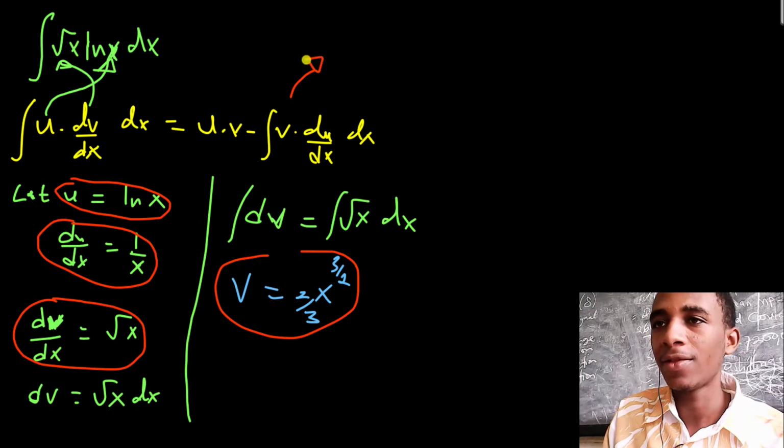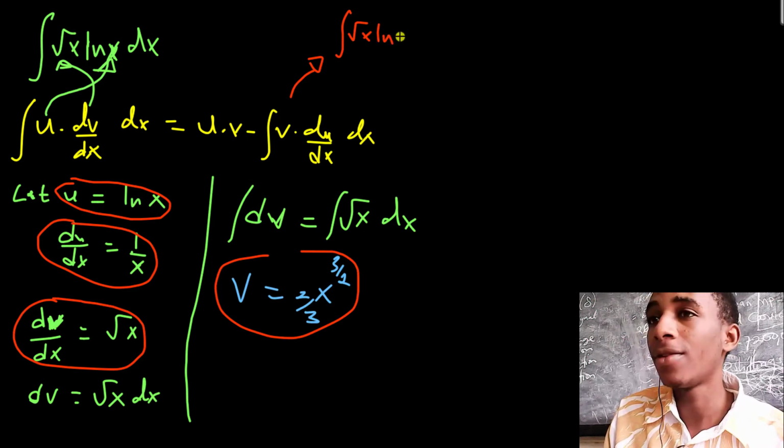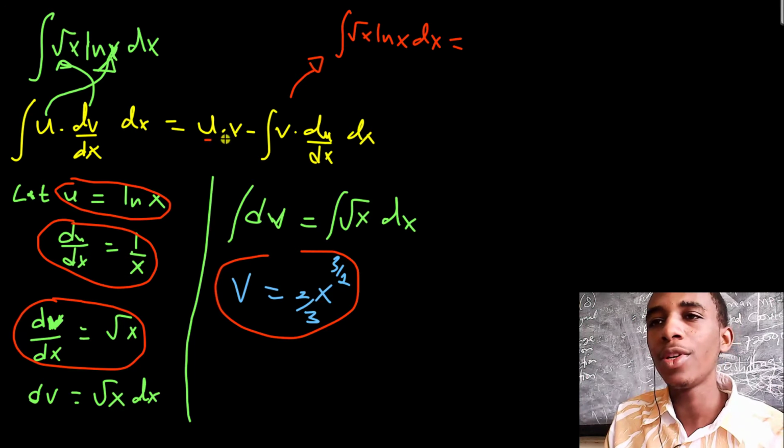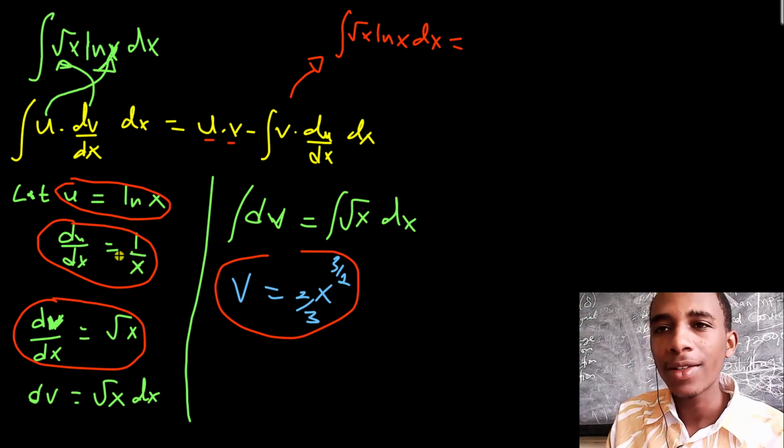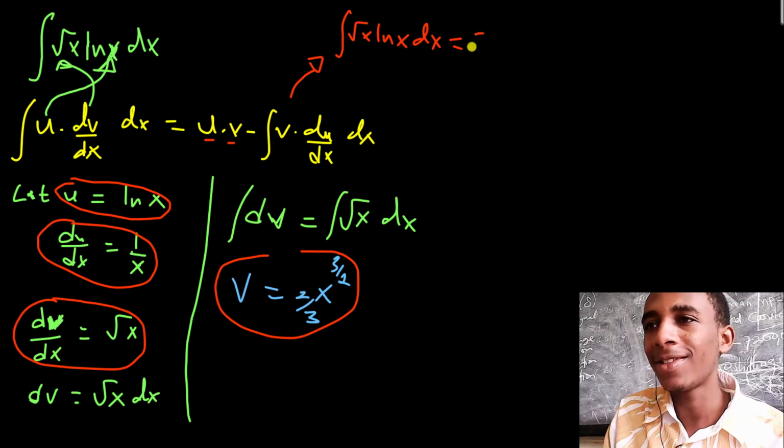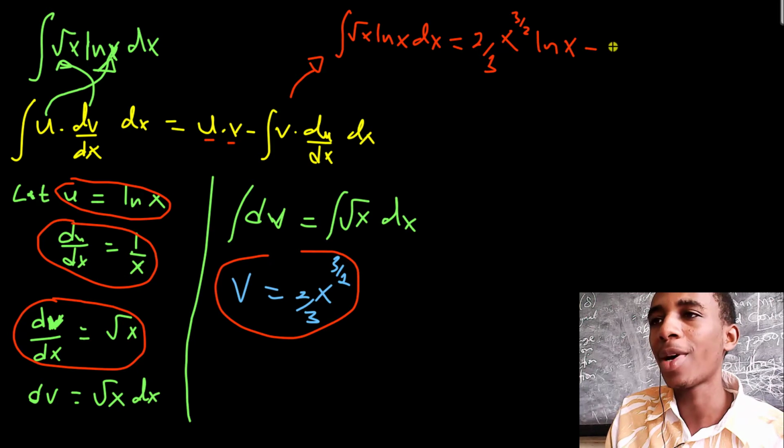Right, so everything here, I have the integral of the square root of x times the natural log of x dx. This is going to be u times v. What's that going to be? u is natural log of x, v is this, so just write this as 2/3 x to the power 3 over 2, times the natural log of x, minus